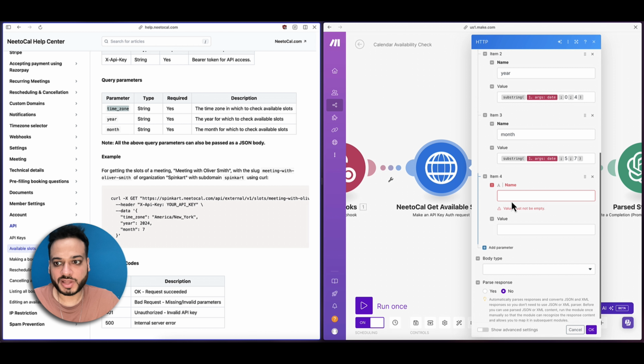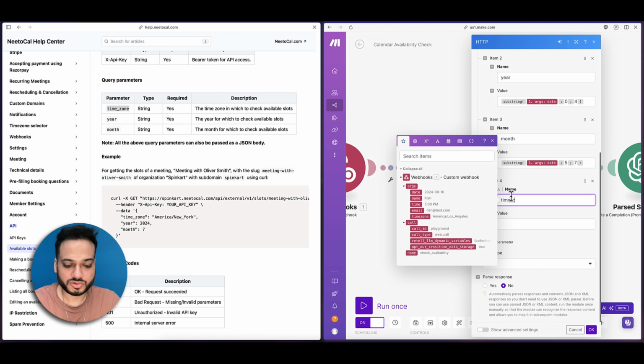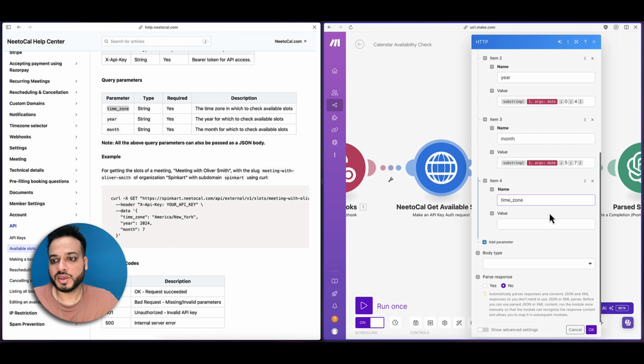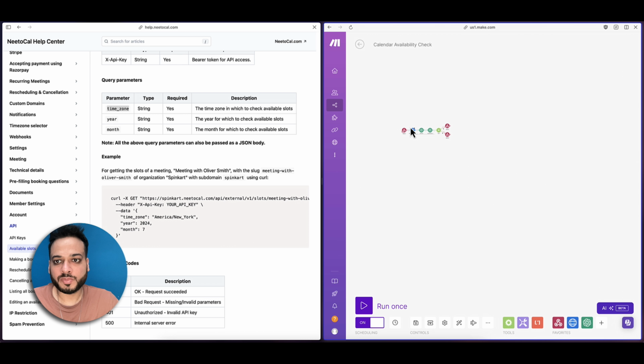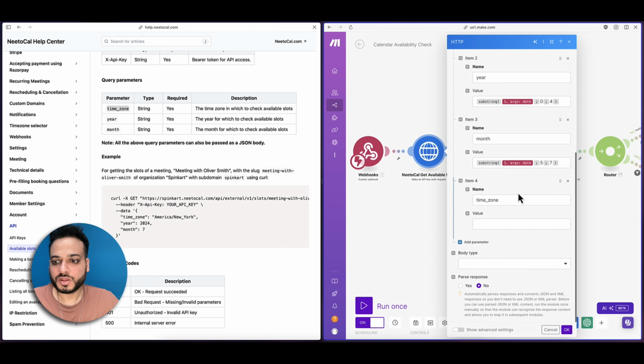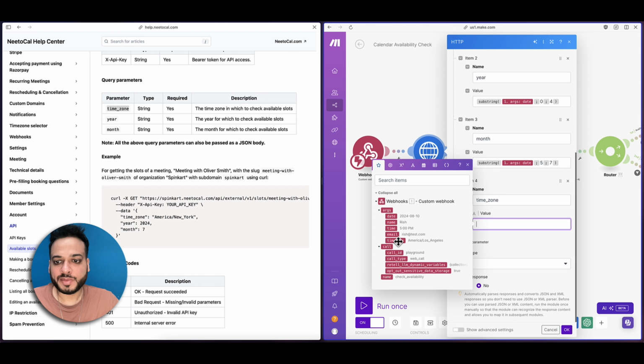So you have to type it like time_zone. The value would be whatever time zone is passed from the webhook, because that is the question we would have asked from our user with our AI caller.